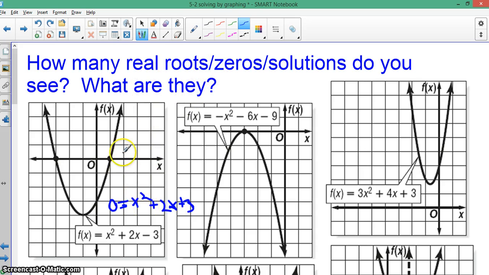So that's how many real roots there are, how many zeros there are of the function, how many solutions there are to the equation, and it's at x equals 1 and x equals -3. Here, if I was to solve 0 equals blah blah blah, the solutions to this, well,